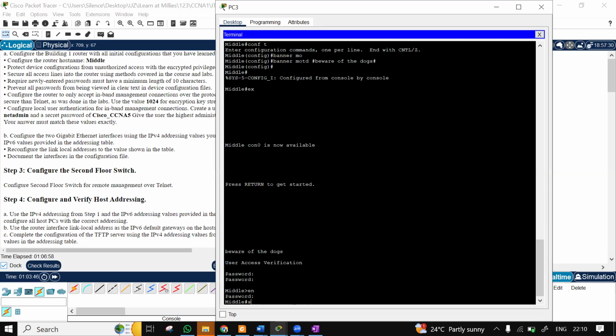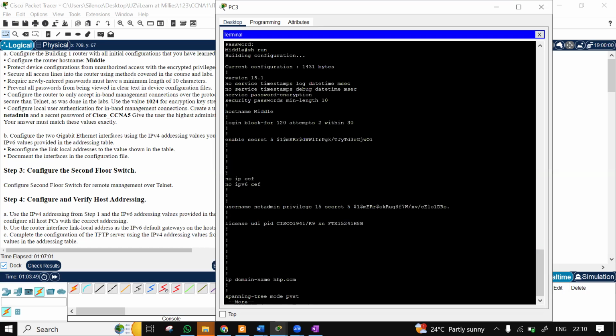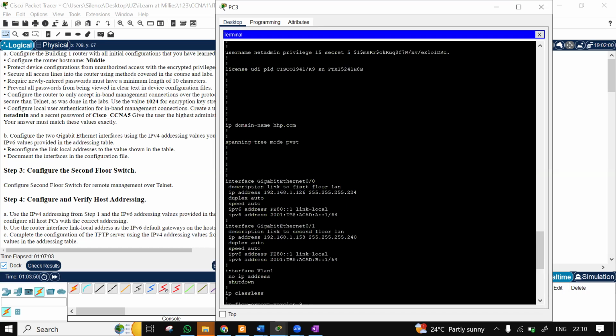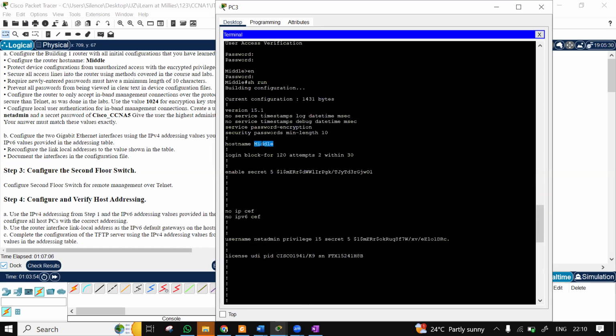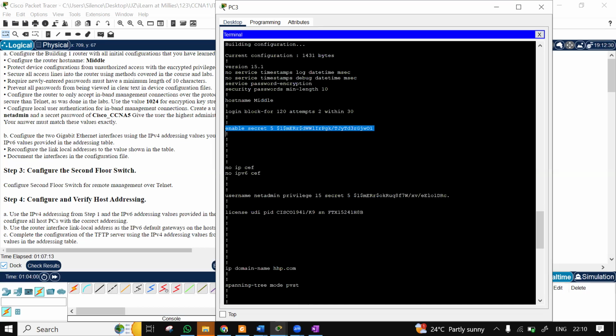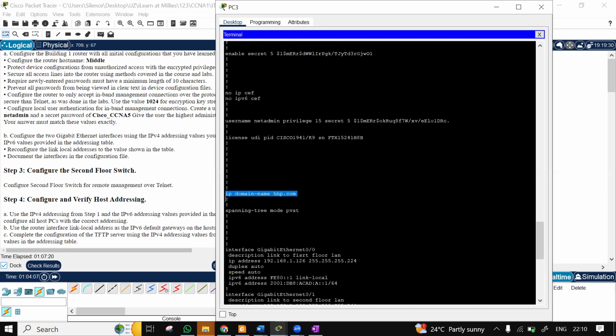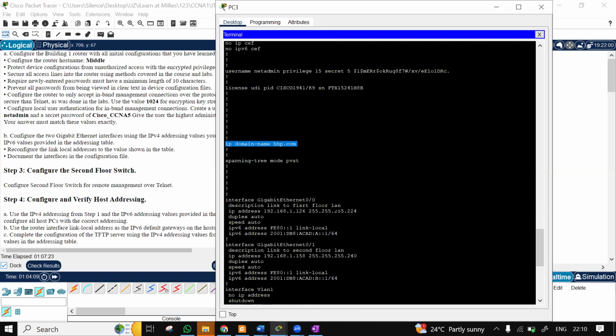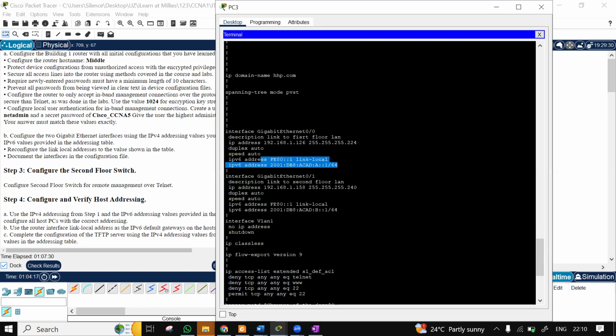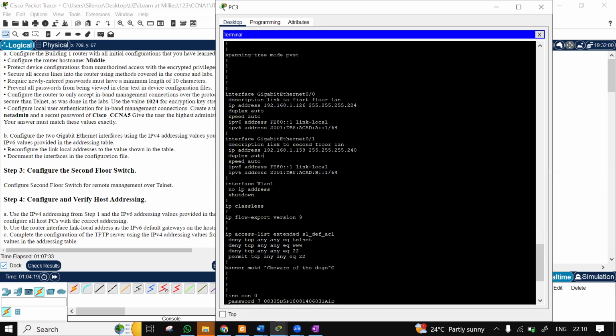Right. So let's go for a show run. What have we done? So in this session, we've configured hostname, this is right, enable secret, this is right, locking the privilege exec mode, username netadmin when we are configuring our SSH, this is right. IP domain name, this is right. Then interface, description first floor LAN, and IP address, this is the same. IPv6, this is the same. Neighbor GigabitEthernet 0/1. Then we have